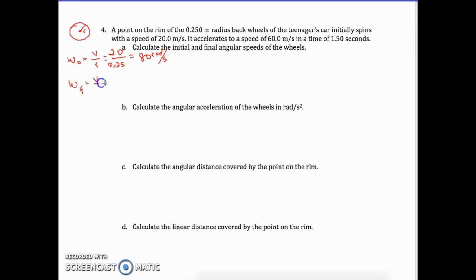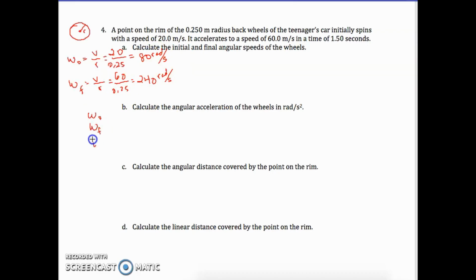And then speeds up to 60 meters per second, but the radius stays the same, which gets us a rotational rate of 240 radians per second. Which allows us to find the initial and the final angular speeds of those two wheels. Now that we have them,